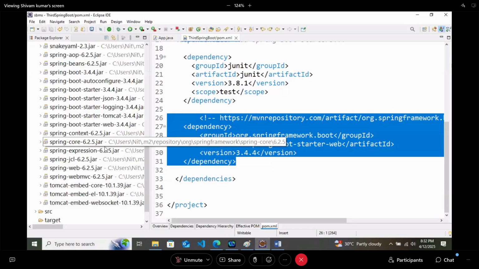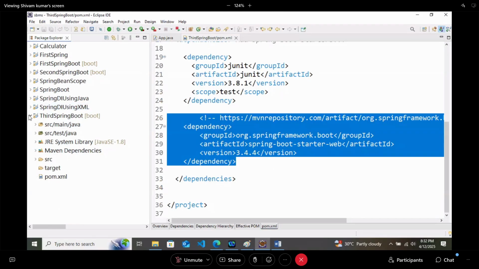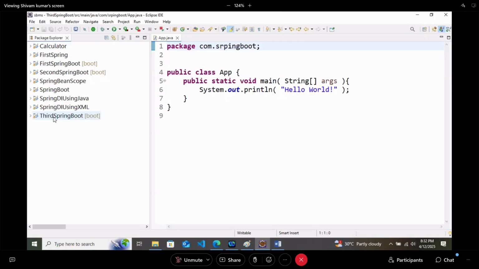So here we got all the jar files. And now in bracket, what is visible? After this third Spring Boot project, in bracket, what is visible? Boot. What does it mean? This project is converted to a Spring Boot project.